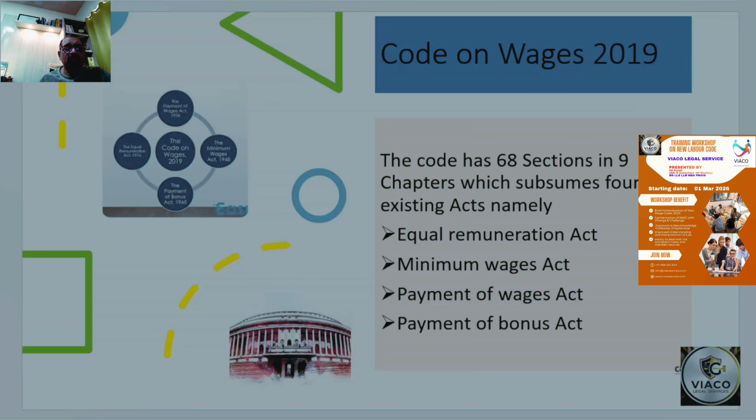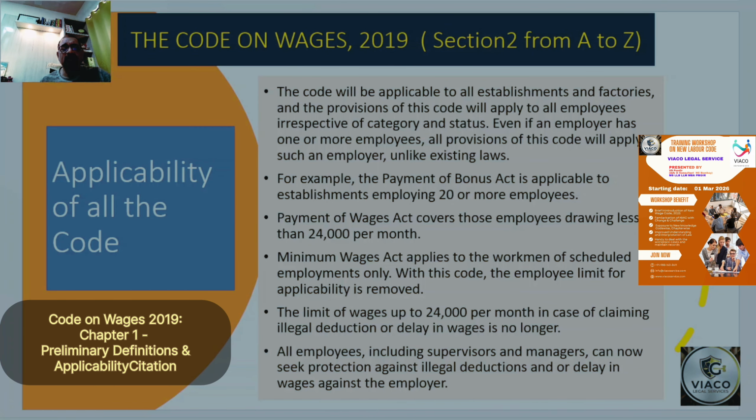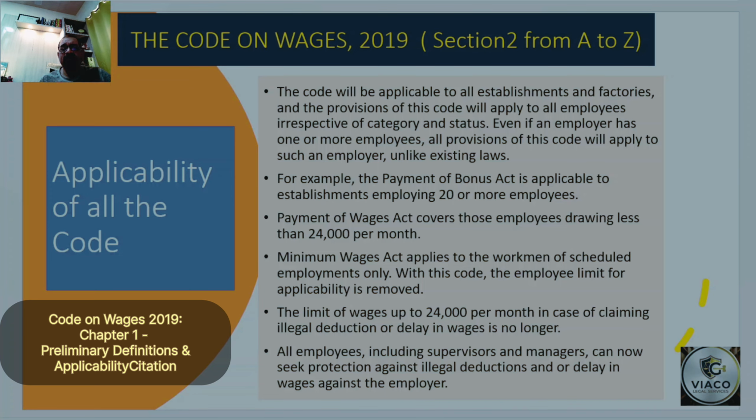Let me begin. I may talk about the Code on Wages rules and acts existing, where four old acts have been subsumed into the same Code on Wages. Now I may further go on to the applicability of this code. This code is applicable to all establishments, factories, and shops, and the provisions of this code apply to all employees irrespective of their category and status. Please understand that word very carefully: all category and status. Even if an employer has one or more employees, all provisions of this code will apply to such an employer,